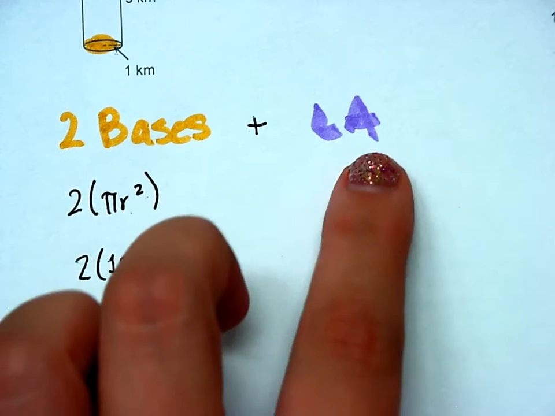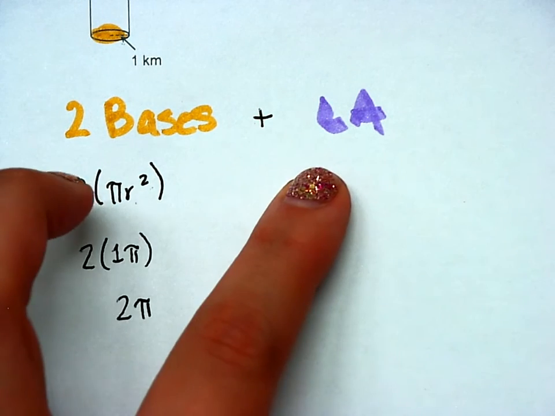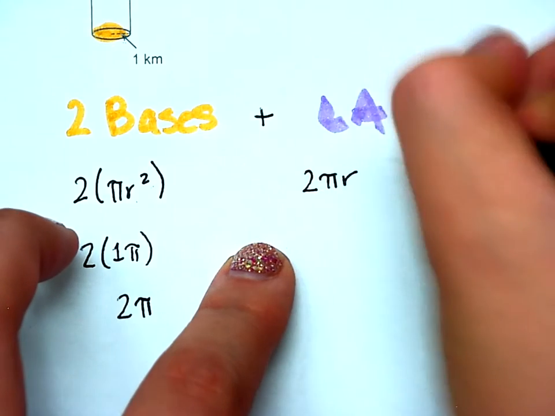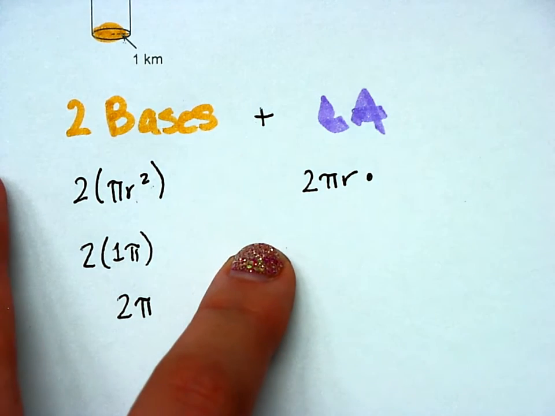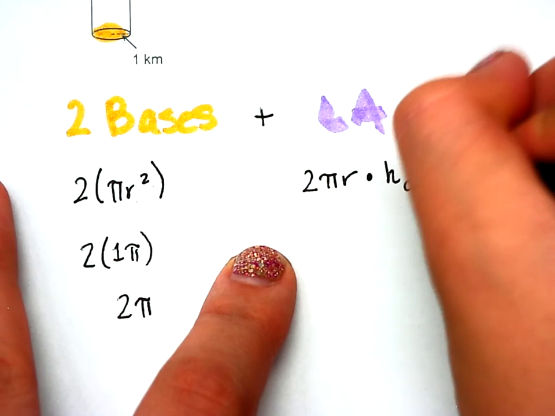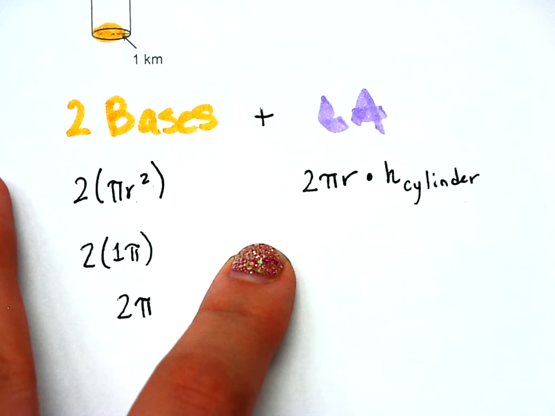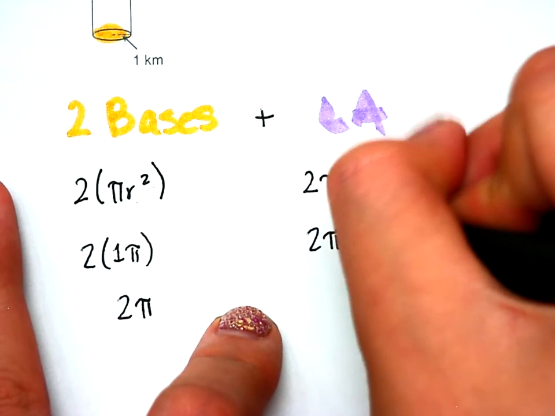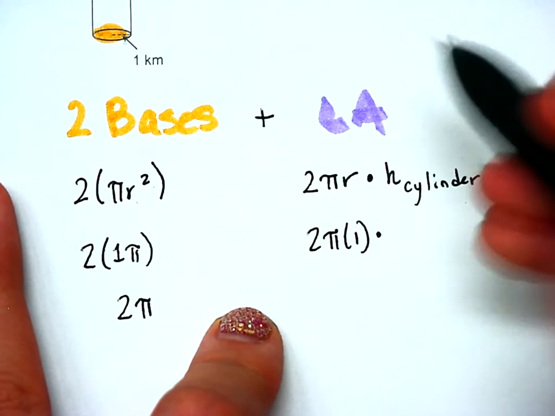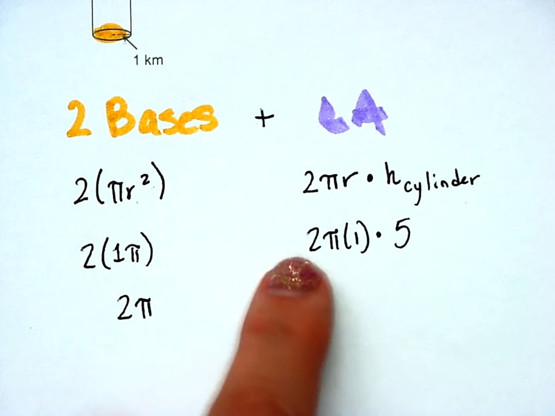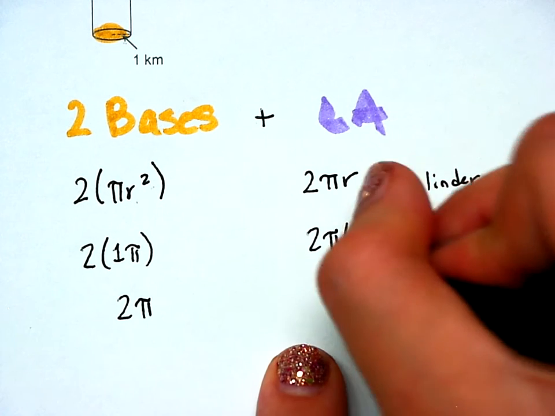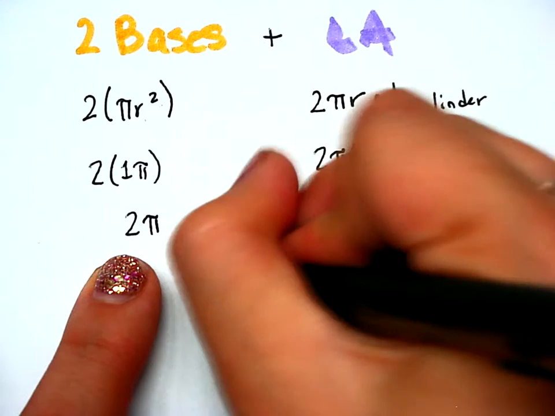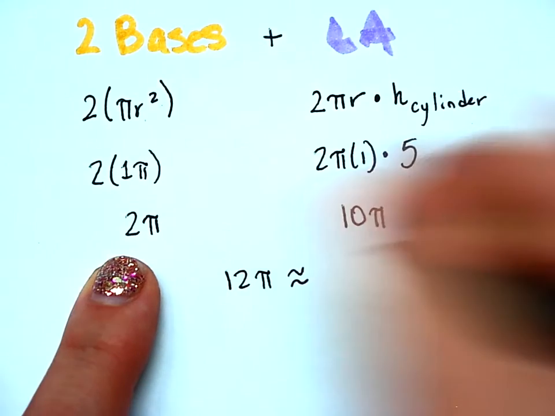And then our lateral area is the circumference of that cylinder, or the perimeter, which is 2 pi r, and then times the height of that cylinder. So the height of the cylinder. Okay, so 2 pi r, that's 2 times pi times 1, and then the height of the cylinder is 5. So this is just 2 pi times 5, that's 10 pi. If I were to add these, that gives me 12 pi,